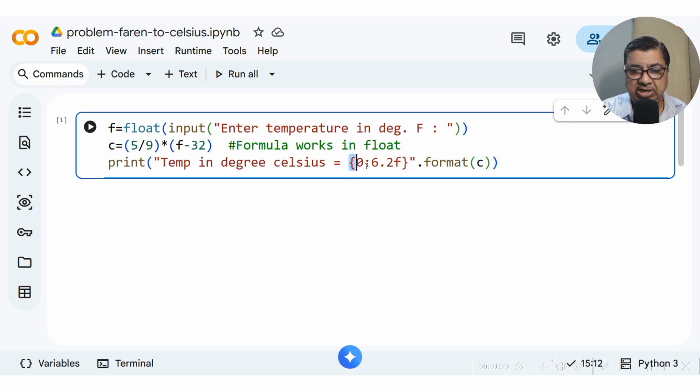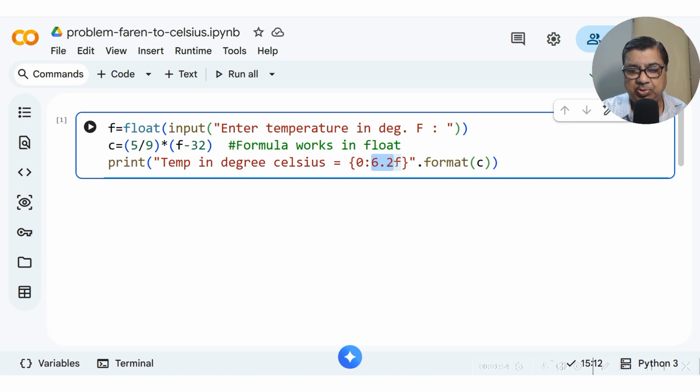So when we display result as a part of a string, we use the format specifier, and within the text string function, within this text there is an object called format. Okay, so with format we are passing this C, and with 6.2 we are ensuring that the minimum output width is 6 and up to 2 decimal places it is giving.